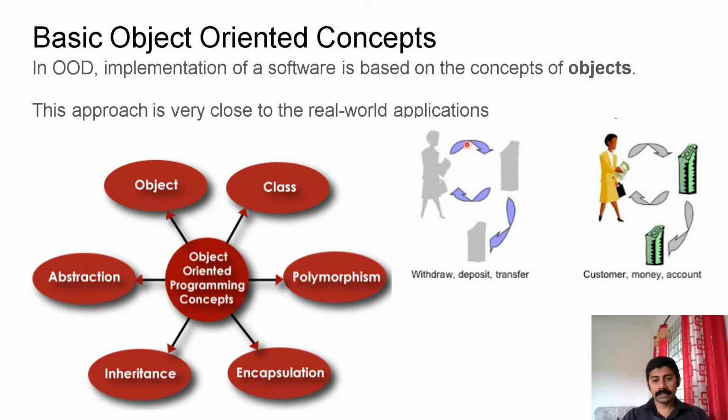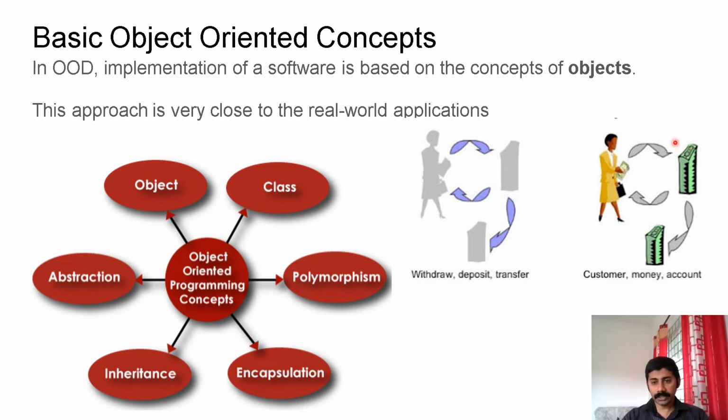In the previous lecture, we learned the differences between function-oriented design and object-oriented design. In function-oriented design, we were trying to identify the functions involved in the problem. For the banking problem, we identified withdraw, deposit, transfer as three major functions of that problem. Based on these functions, we were modeling the problem in function-oriented design.